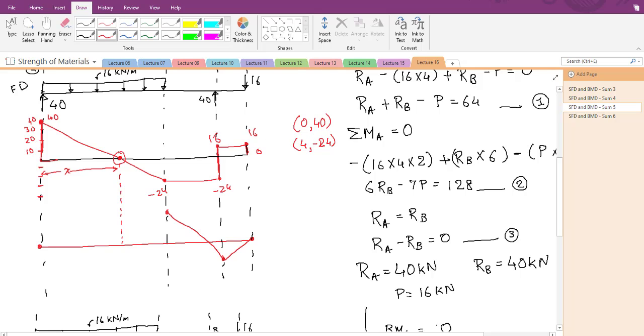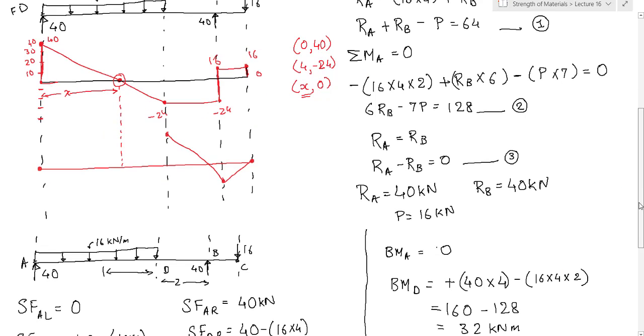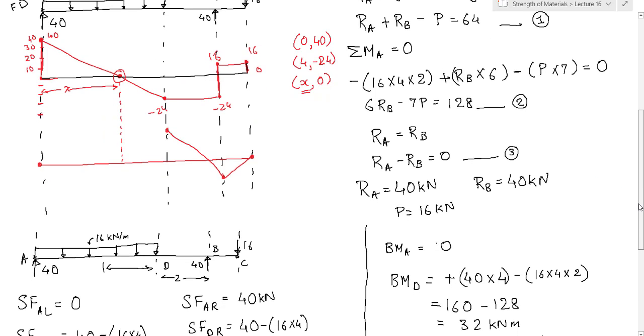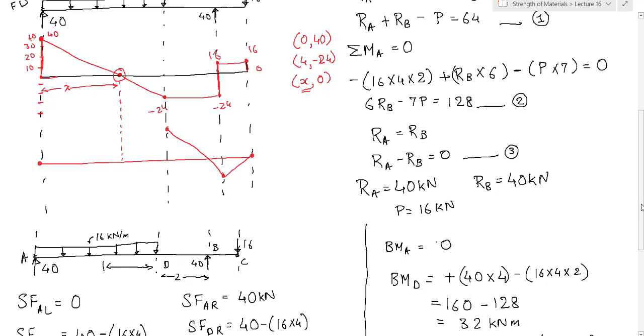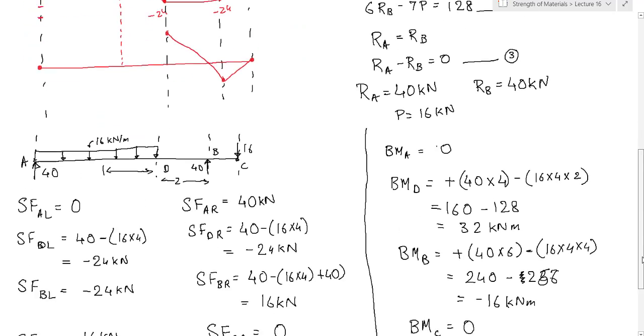Can we find out this point? We know the y coordinate. Y coordinate is 0. We want to know the x coordinate. So we can say this is x comma 0, right? If we know the equation of the line, we can find out this point. So that is exactly what we are going to do. How can we find out the equation of this line? Y minus y1 is equal to m into x minus x1, where m is (y2 minus y1) upon (x2 minus x1).